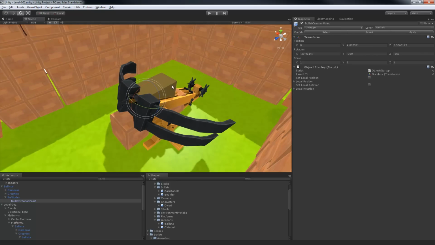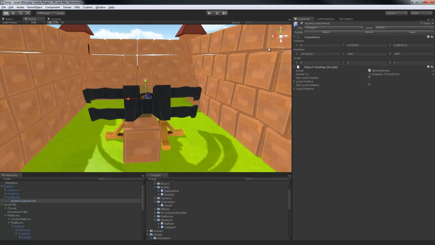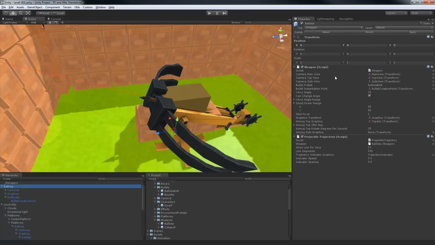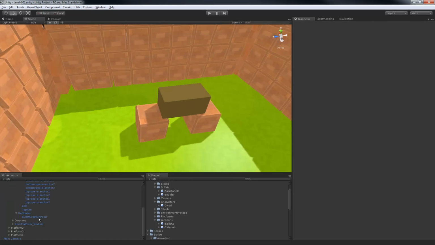So I'm just rotating it on one axis and holding down Control to snap. My snap settings, I believe I've set it to 45 degrees for rotation, which is typically what I do, because I don't normally have a need to do snapping if I'm not snapping 45 or 90 degrees or some derivation of 45 degrees. So I'll apply that, delete that prefab, jump back down to our creation point, make sure